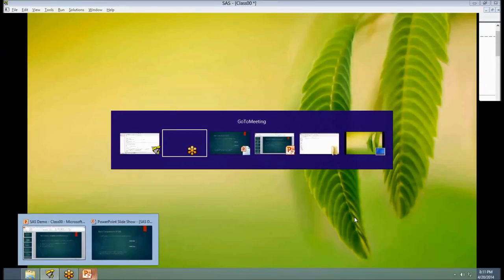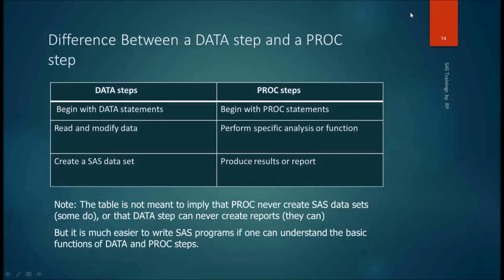Coming to the presentation. Difference between data step and proc step. A data step begins with a data statement and a proc step begins with a proc statement. A data step reads and modifies the data, and in a proc step we can perform some specific analysis. In a data step we can create a dataset, and in a proc step we can produce a result. This difference is not meant to imply that a proc never creates a SAS dataset, but some do. And some of the statements in a data step can create